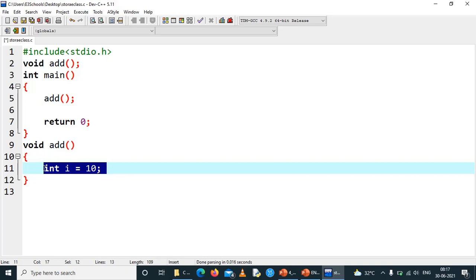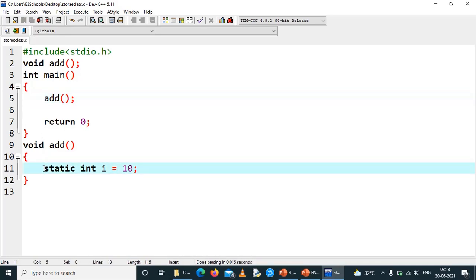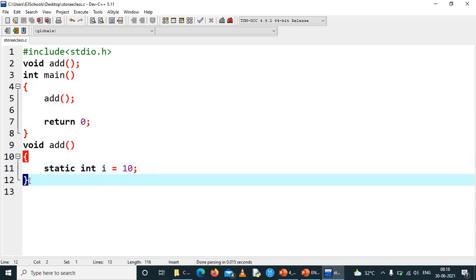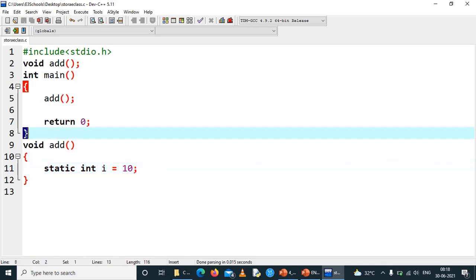Okay, but for a static variable, when I call it for the first time, it will create a memory named i and store the value 10 here. But once it comes out of this block, this variable int i will not be deleted. Instead, it will be deleted only after the entire program completes its execution and comes out.